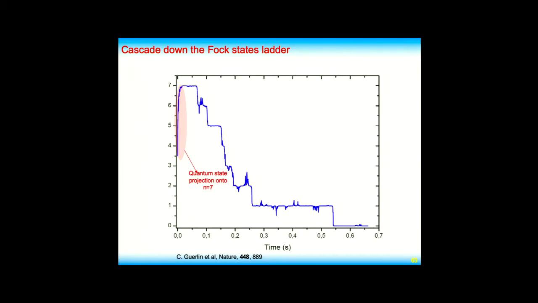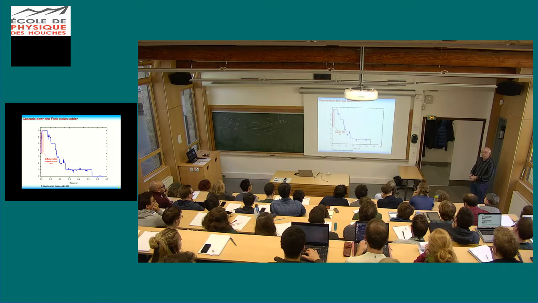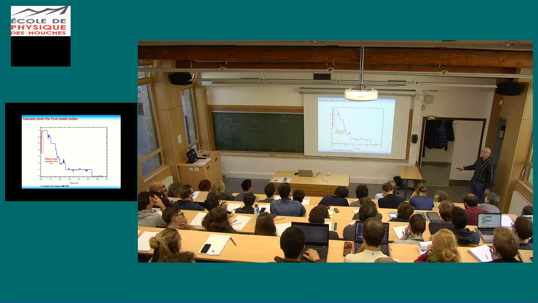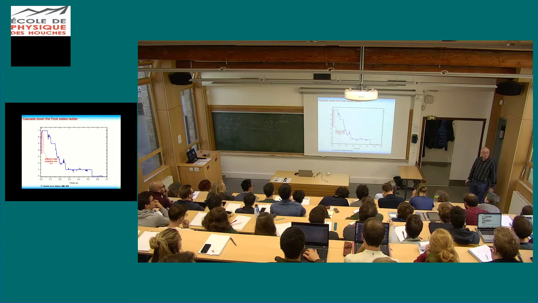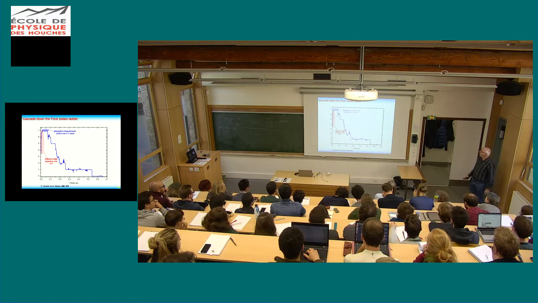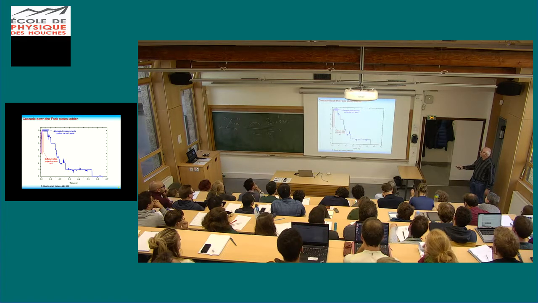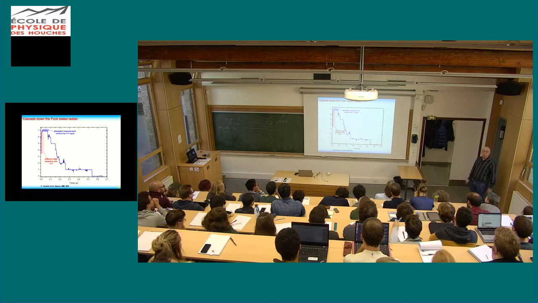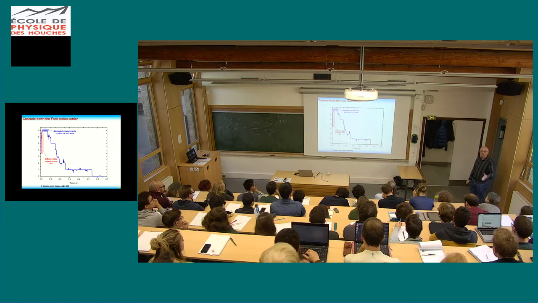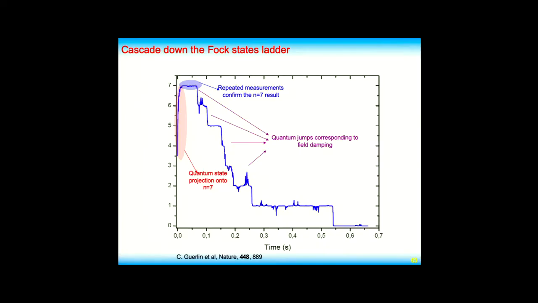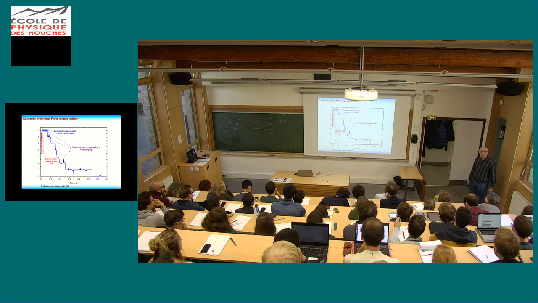This is the time we need to gather the first 110 atoms. So we evolve from a photon number distribution where we know nothing, but that is between 0 and 7. So we have an average initial of 3.5. And we converge, and here we converge to 7. And then here we have a plateau. And on this plateau, we detect altogether 200 atoms. So we have one measurement which says 7. The next measurement says 7. So it's QED. And then we see the photons escaping one by one out of the cavity mode until it's